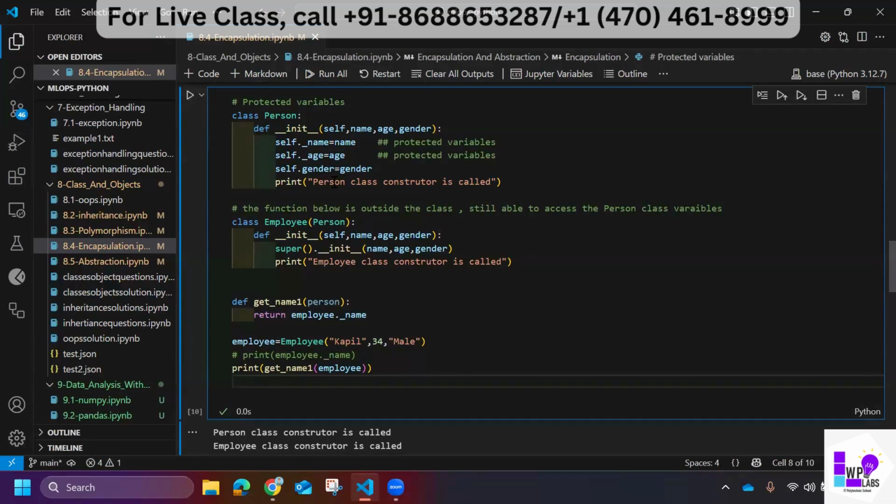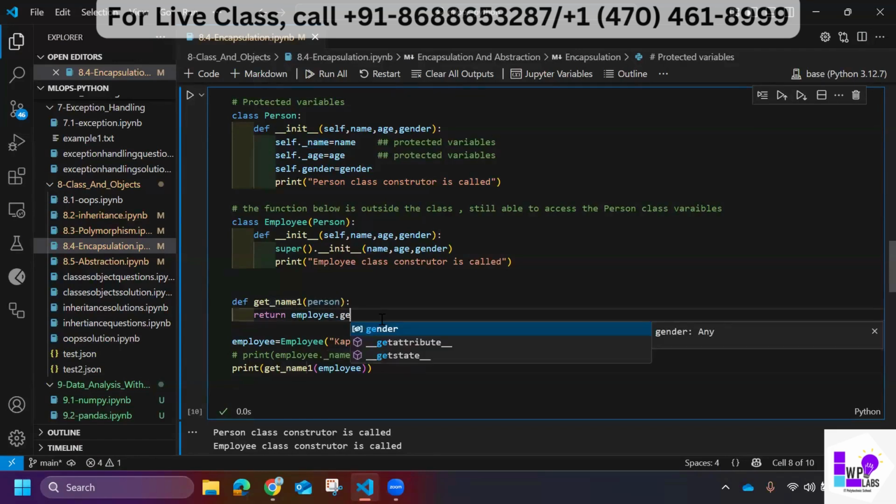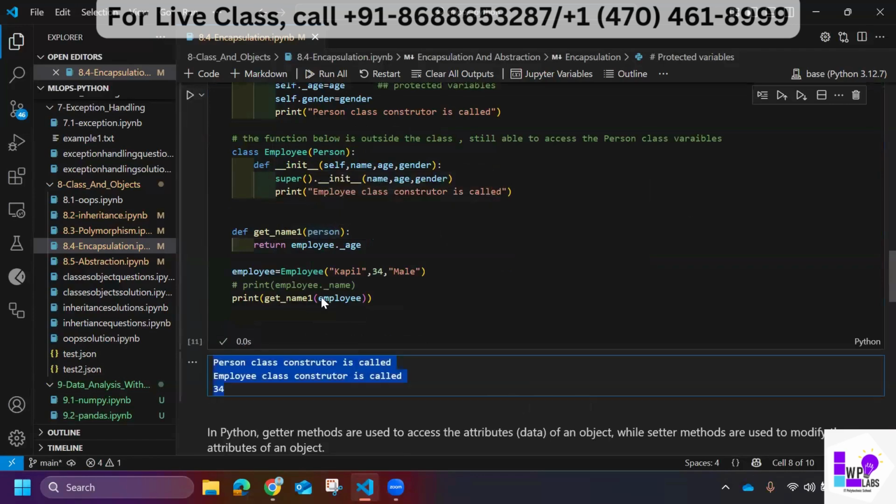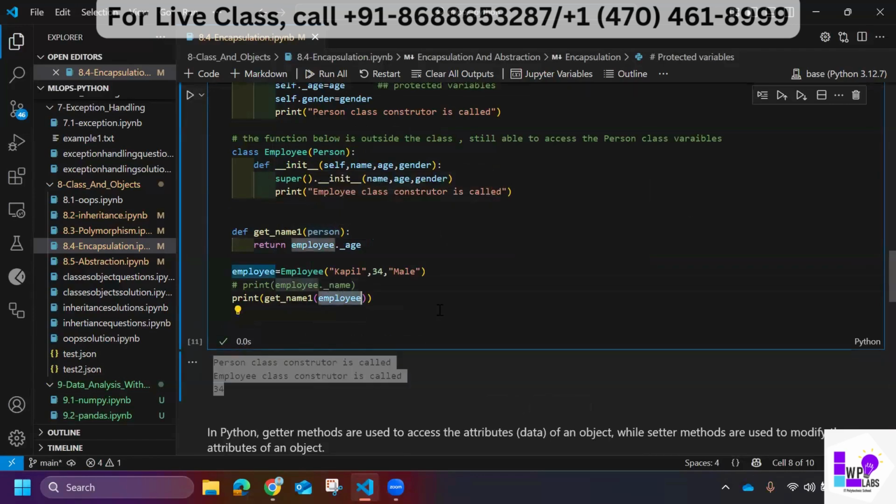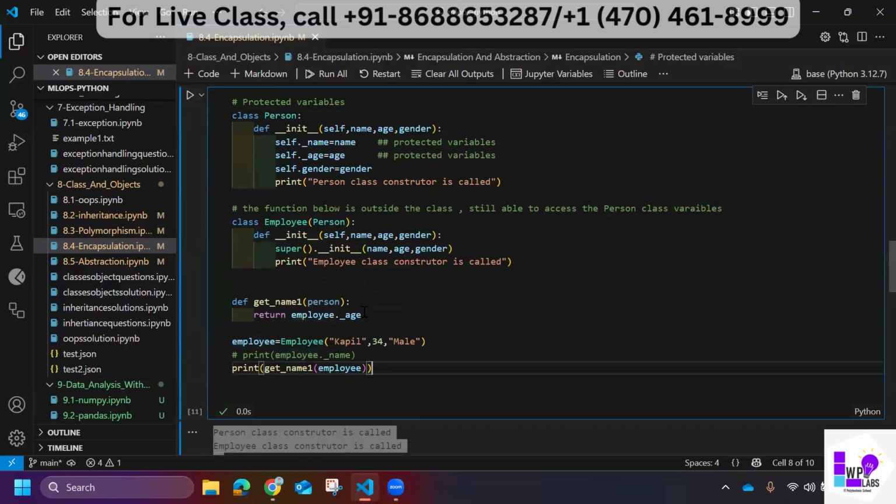Let me run this once again. Let me try to call it gender here. Oh, gender is a normal variable. It's not a protected one. Age. Yeah. You see, 34. So I was able to access it, even though it's an external function outside of the